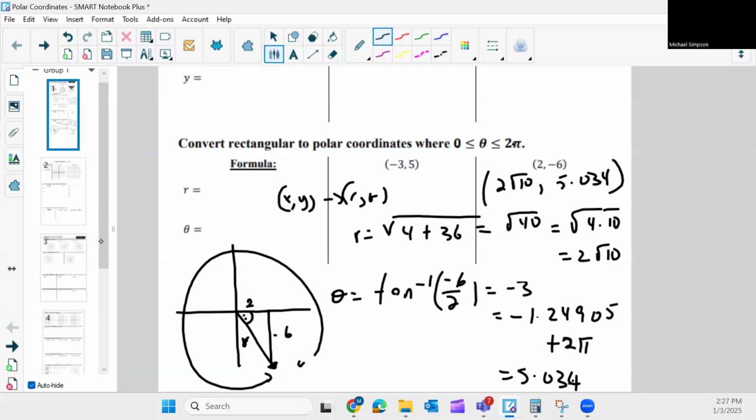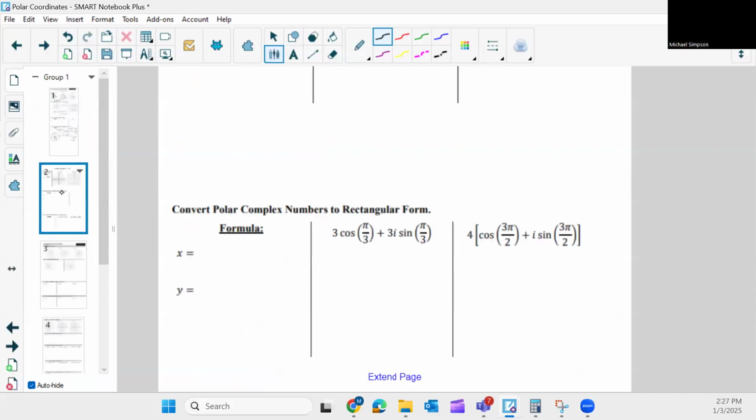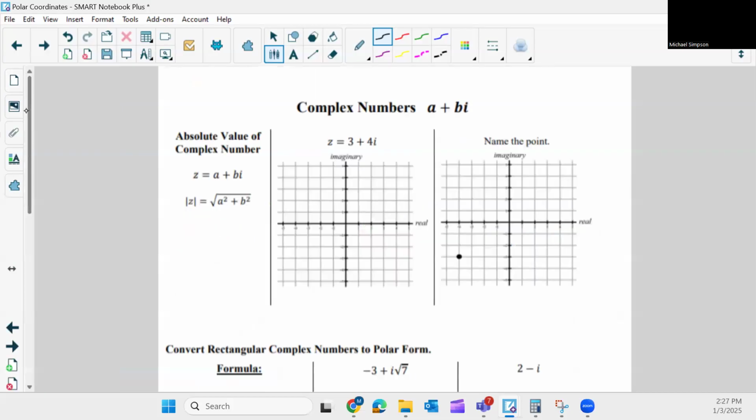Okay. Let's see where we're at now. Okay. Complex numbers. All right. A quick review of complex numbers, guys. We learned this in Algebra 2. How do we get complex numbers? It's usually when we use the quadratic equation. If you remember in Algebra 2,